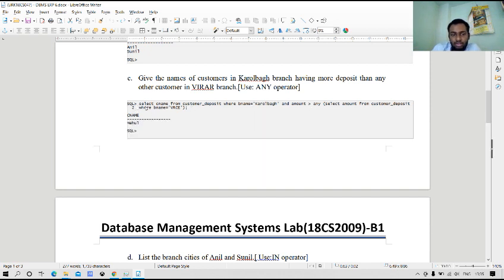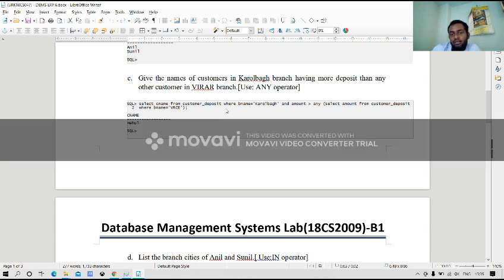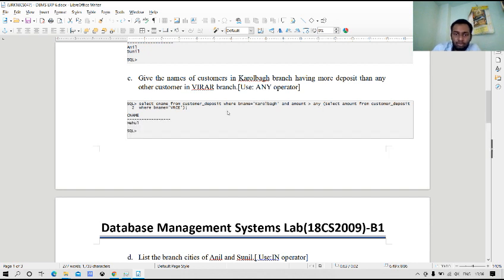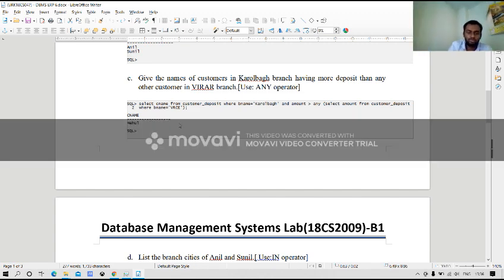In this question we have to search for a customer name in the Karolbagh branch whose amount is greater than that of any other customer from the Virar branch. So Mehul is from the Karolbagh branch and he has an amount greater than any other customer from the VRCE branch.